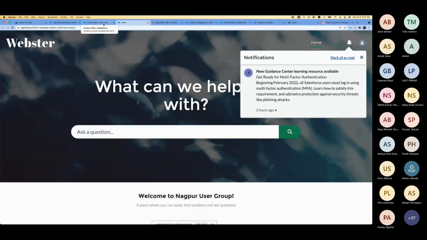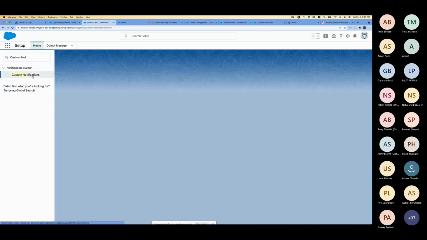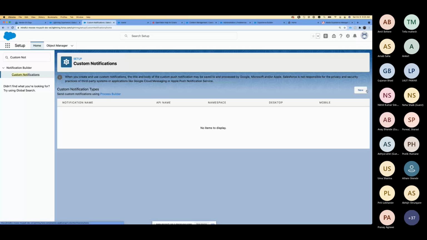It depends. In the last-to-last release, Salesforce released something called a custom notification, and then again I'm coming to Process Builder, but you can write a process builder to trigger these custom notifications. So it can be on record update: you can create a notification type and then use Process Builder to send this notification. Now you can do it via Apex also.